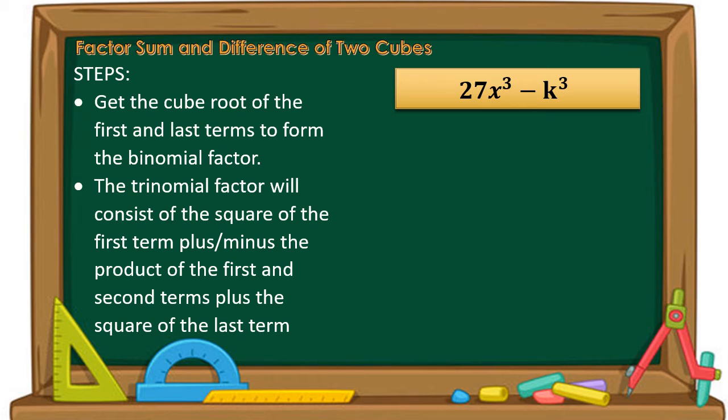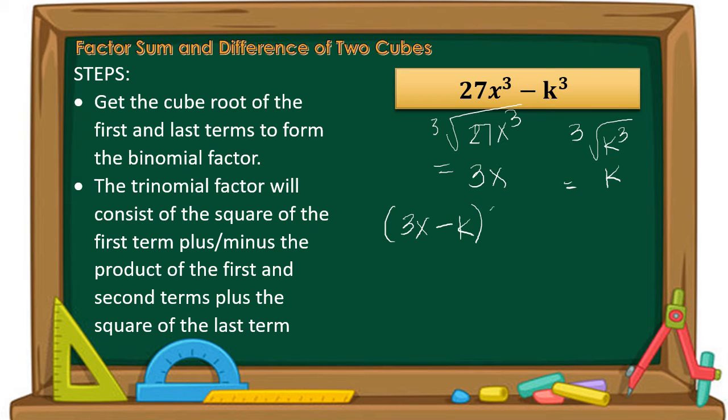So again, proceed with your first step, get the cube roots. So the cube root of 27x cubed is equal to 3x. Next, cube root of k cubed is simply equal to k. So combining these two will be your first binomial factor. So you have 3x minus k. So get the square of the first term. So we have 9x squared. So that is 3x times 3x